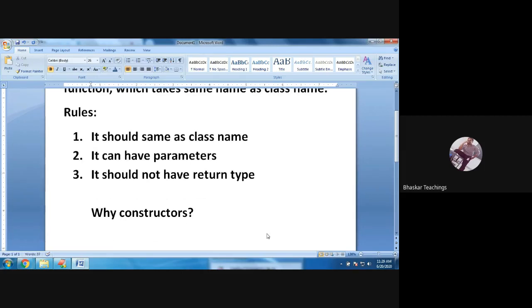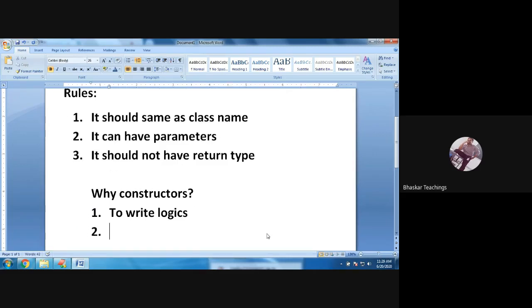Simple. A constructor is to write business logic. Simply saying, to write code, to write statements. Logics in the sense a plus b, c equals a plus b, or any loops, whatever you want to include inside a function. You write the code, right? We write some logic inside a function. You can include them in the constructor also. Simple logics or statements or whatever.